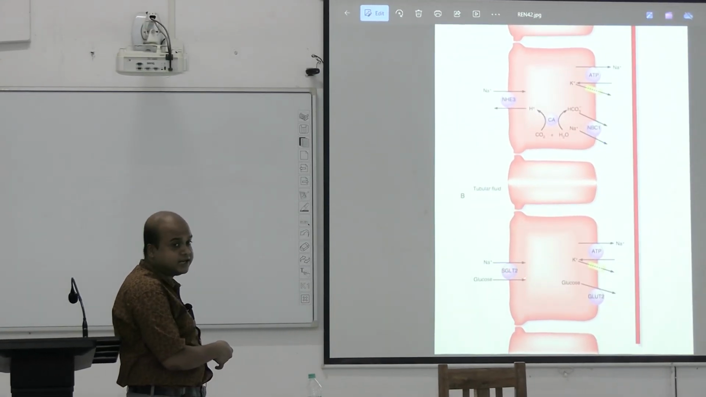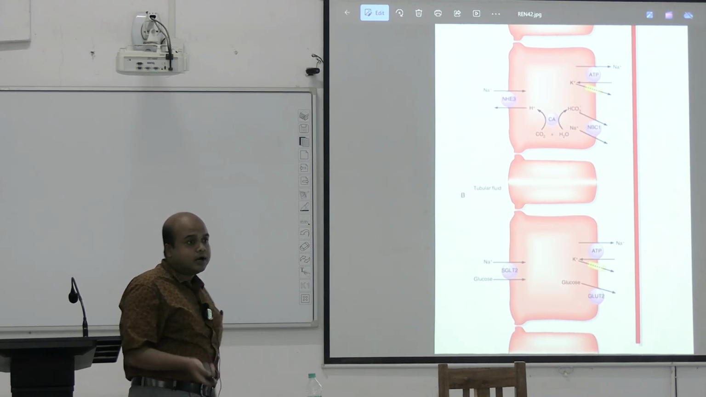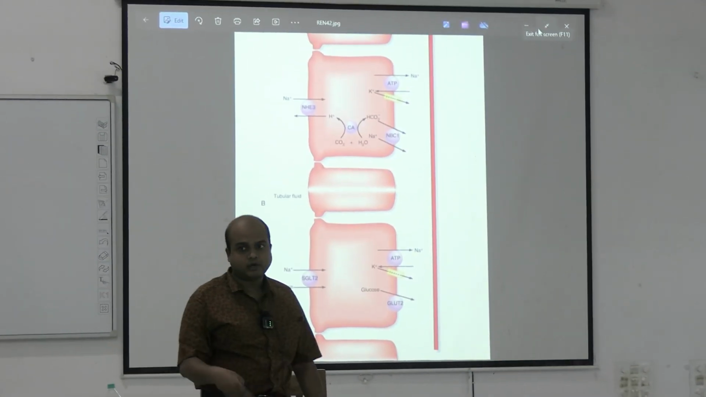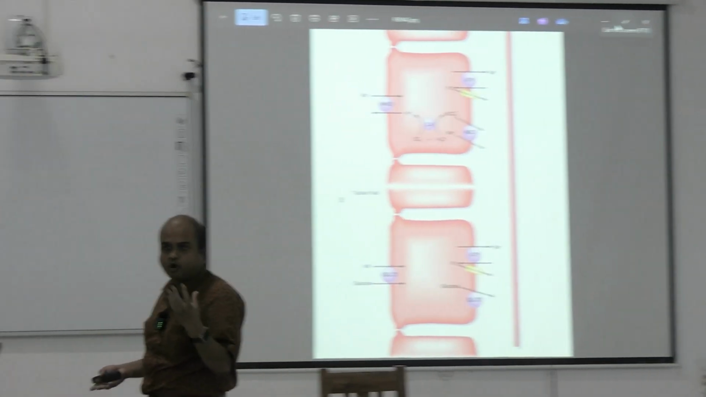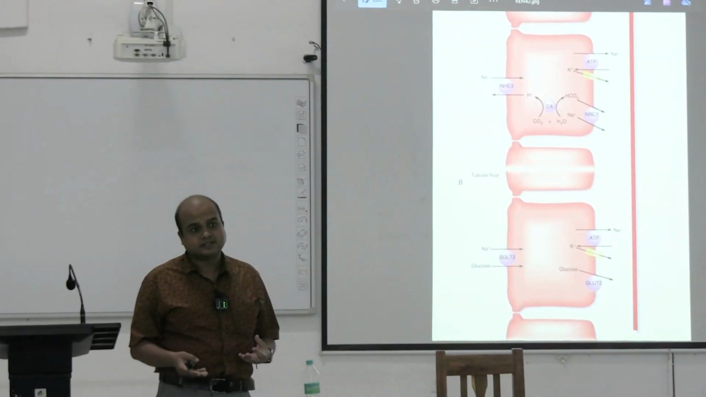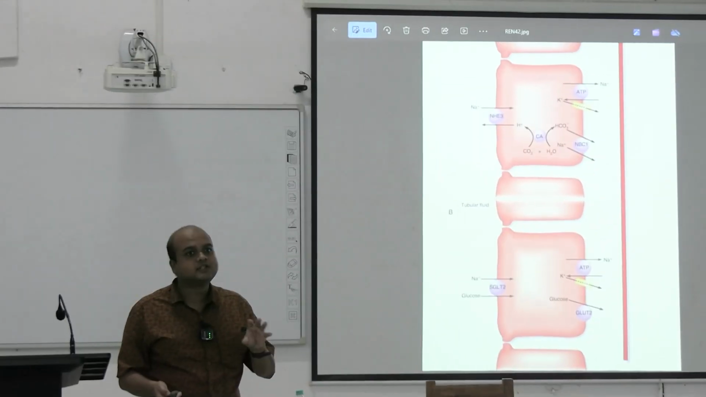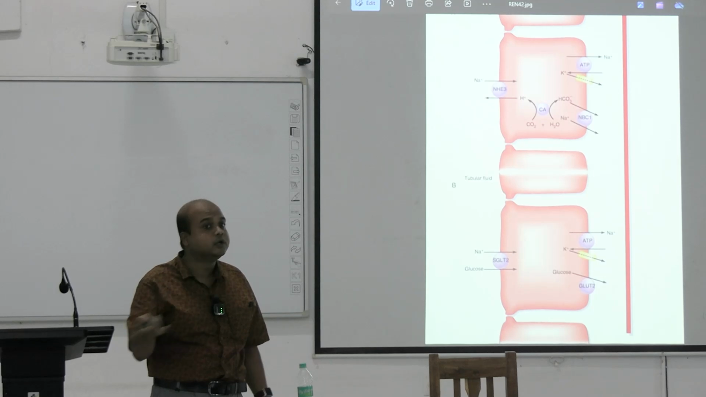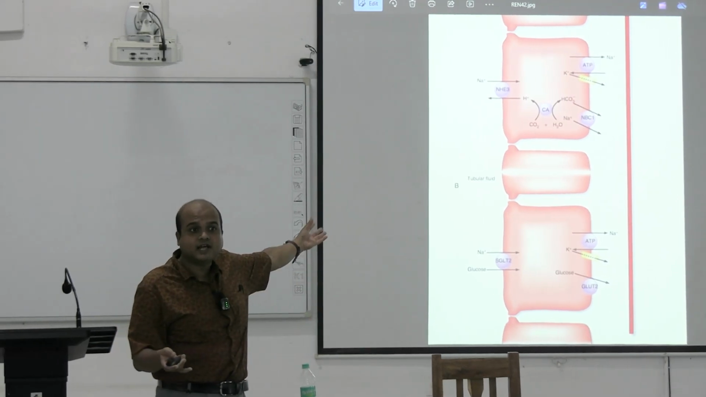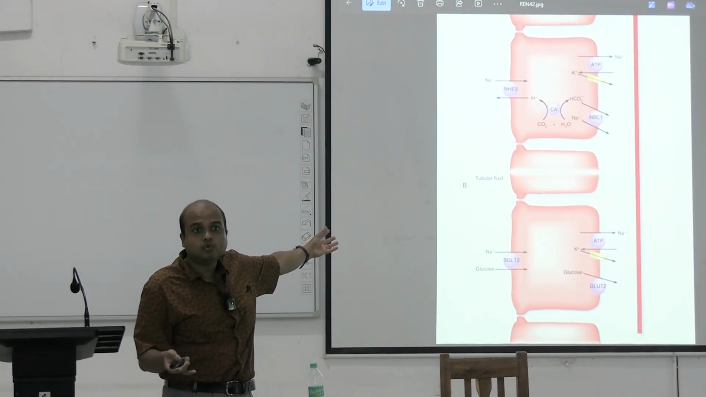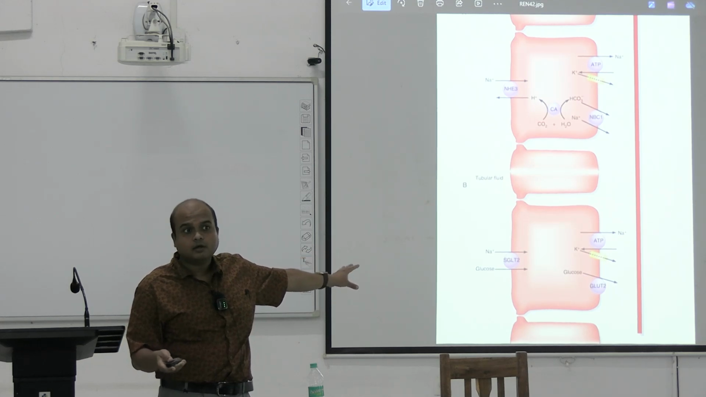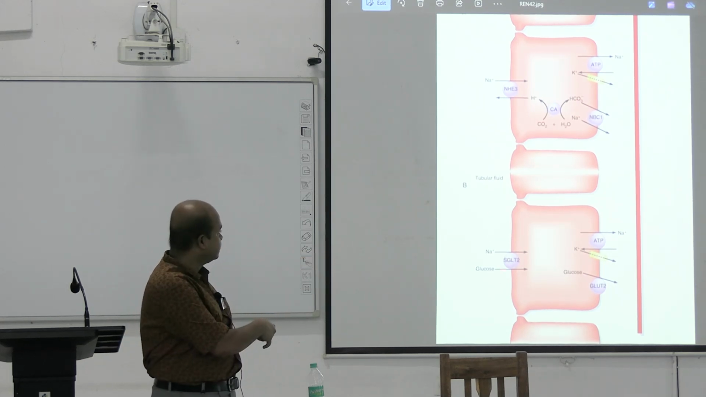The protein is SGLT2, which you should remember, because in medicine and pharmacology you will learn about SGLT2 inhibitors for diabetes mellitus. If SGLT2 is inhibited, glucose will not be reabsorbed. Most of the glucose is reabsorbed in the proximal tubule through SGLT2. This is an example of